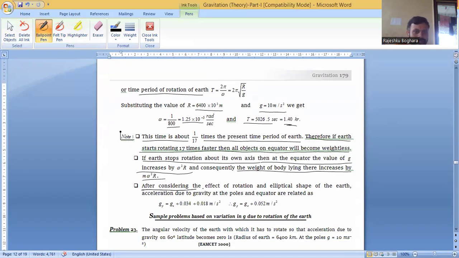After considering the effect of rotation and elliptical shape of the earth, the acceleration due to gravity at the pole and equator are related. Gp equal to g plus 0.034 plus 0.018 meter per second square. Here Gp equal to g plus 0.052 meter per second square. This is due to rotation, this is due to shape. So resultant, the increase in Gp, तो g प्लस 0.052 मीटर पर सेकंड स्क्वायर। तो ये हमें याद रखना।